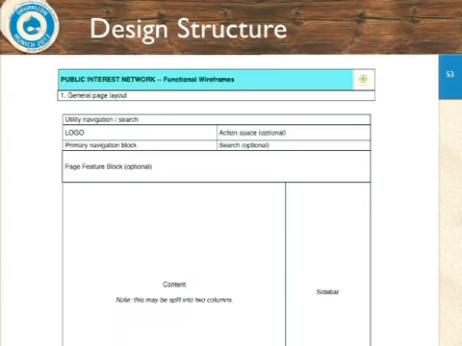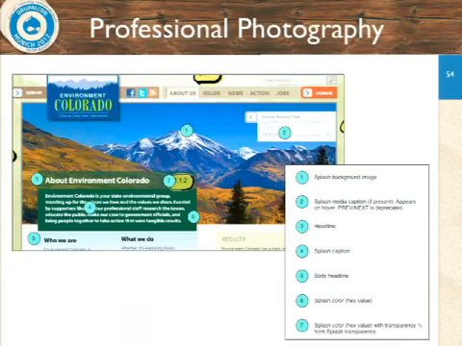So yeah, we put together these design structure documents that said, look, this is the way your page is actually laid out. And this document maps exactly to the page we were just looking at, but is much more analytical. Right? It helped us build things from the ground up. And it also helped us identify points that were common and points that were not common across the various sites. So yeah, a word about photography. They have some really, really nice photography, these sort of sweeping vistas and things. And the thing to note, this area is what they call their splash header.